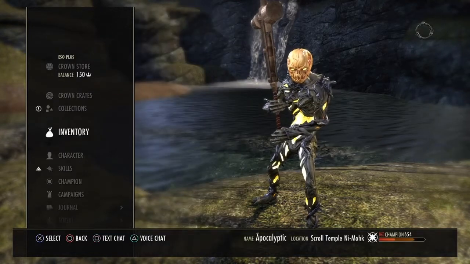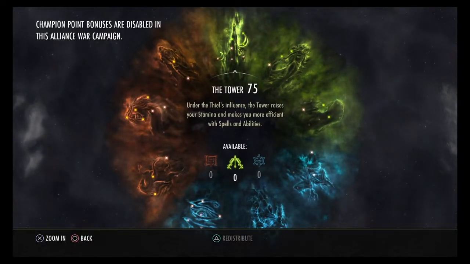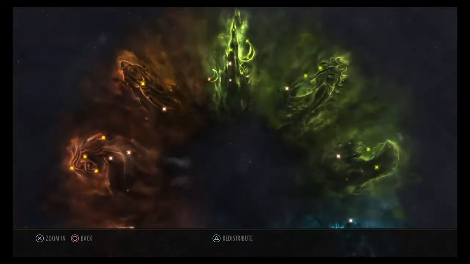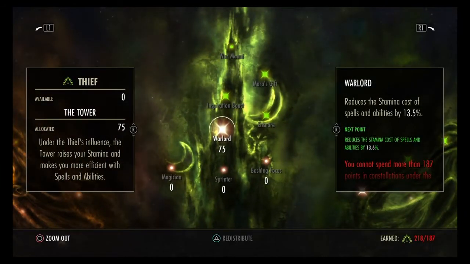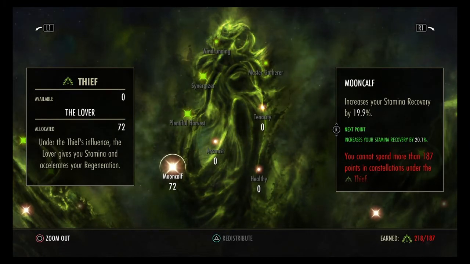Now, for my champion points, like I said, they don't matter in here, but I will go ahead and go over them in case you are running in a CP campaign. I have 75 into Warlord for 13.6% reduced cost. I have 72 into Mooncalf, and the only reason I'm only putting 72 in here is because